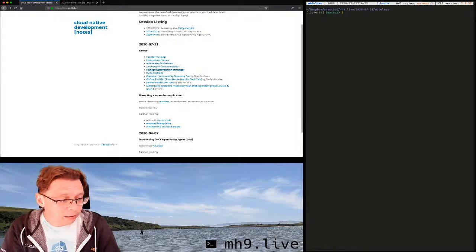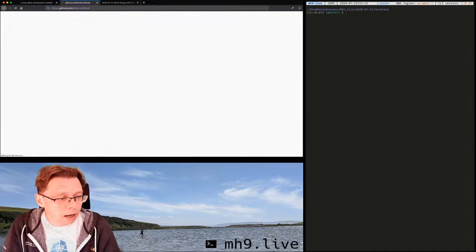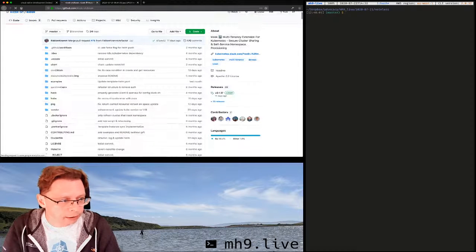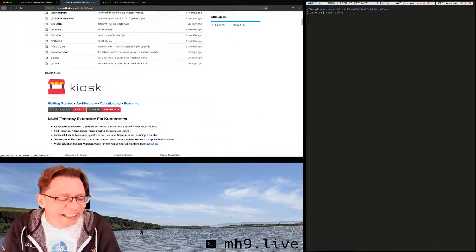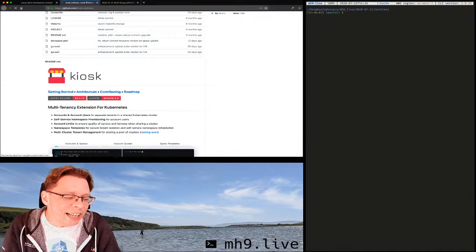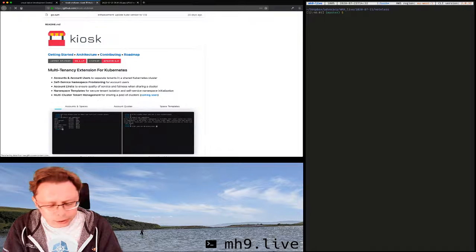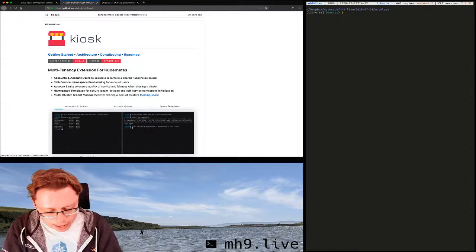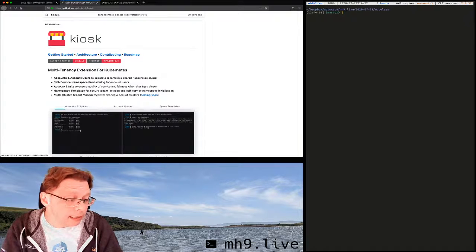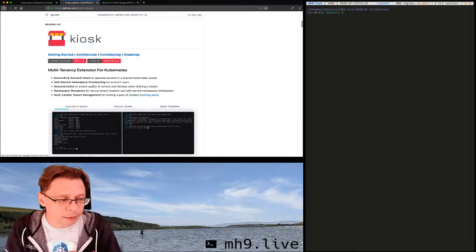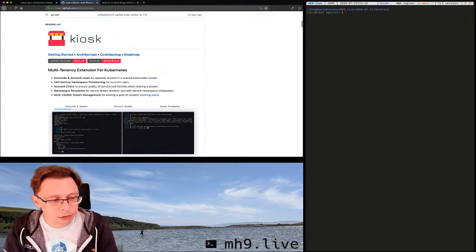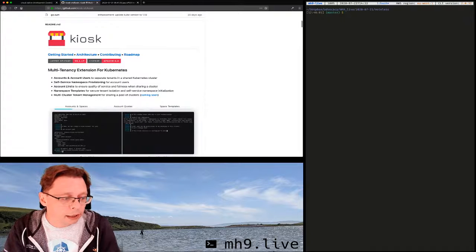Related to that, there is Kiosk. Not sure if I pronounced that correctly. That's my pronunciation. I'm not a native speaker. And this is kind of like a multi-tenancy extension for Kubernetes. And what that essentially means is that, think of it kind of like a namespace operator. So creating a couple of things that you would expect in all these different namespaces, setting certain things like limits,